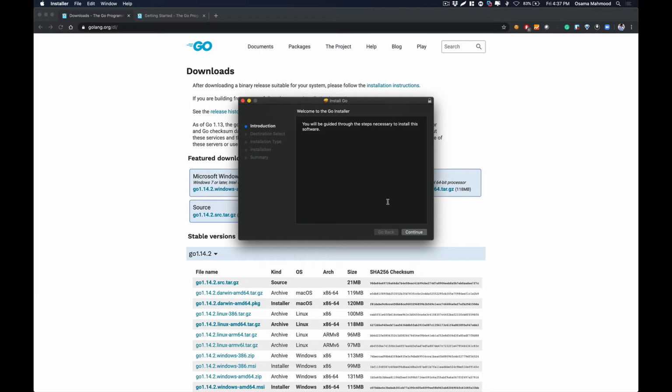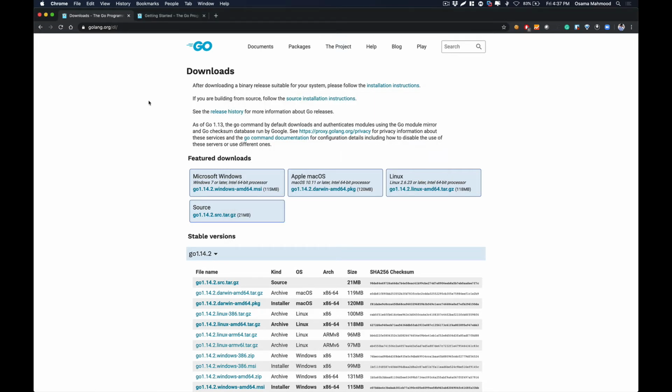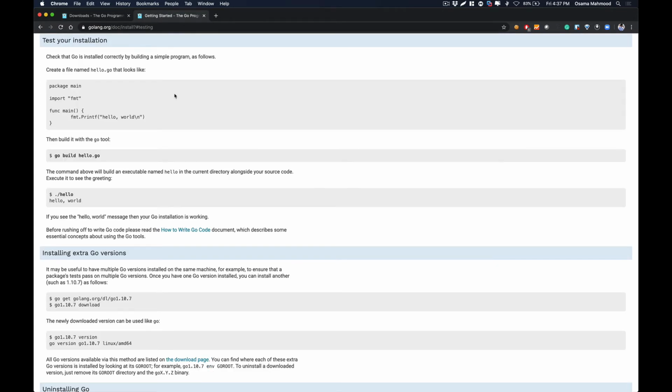On this page what you can do is just click on continue, and it will ask for your system login, and just enter your password and hit on continue and install, and it will install the Go compiler on your system. So just to verify that the compiler has been installed on your system,